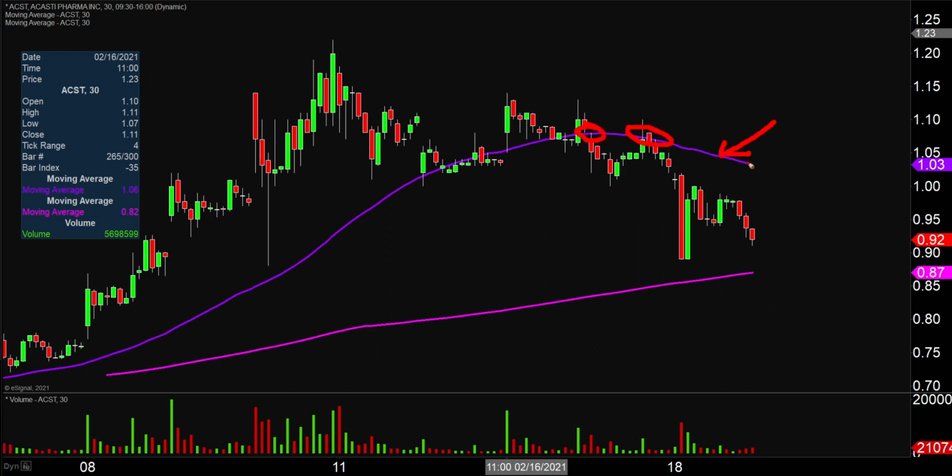So that's going to be an area where if there is any sort of attempted movement back to the upside, that first key level is going to be right around the $3 mark, give or take a little bit, because again, that is a moving average, so that value is going to change. But like I said, if there is any sort of attempted bounce back upwards, right around $3 is going to be that initial level that you want to use to gauge just how strong any sort of movement back upwards is. Meaning, if the price gets back up and then just blasts right through that 50-period moving average,